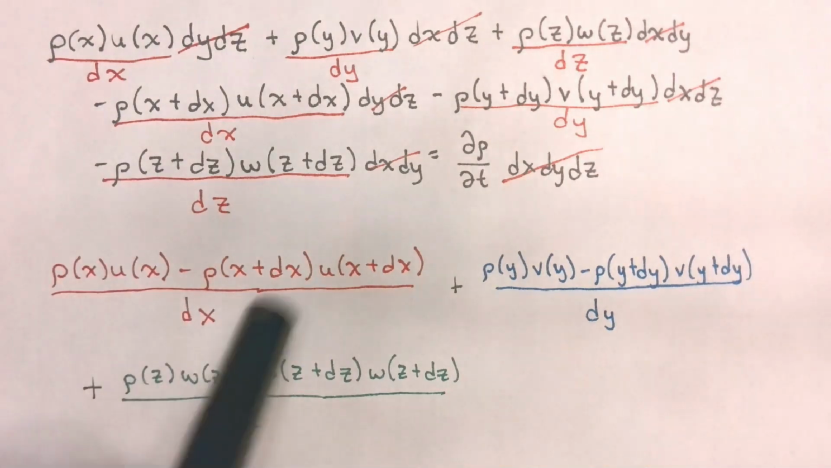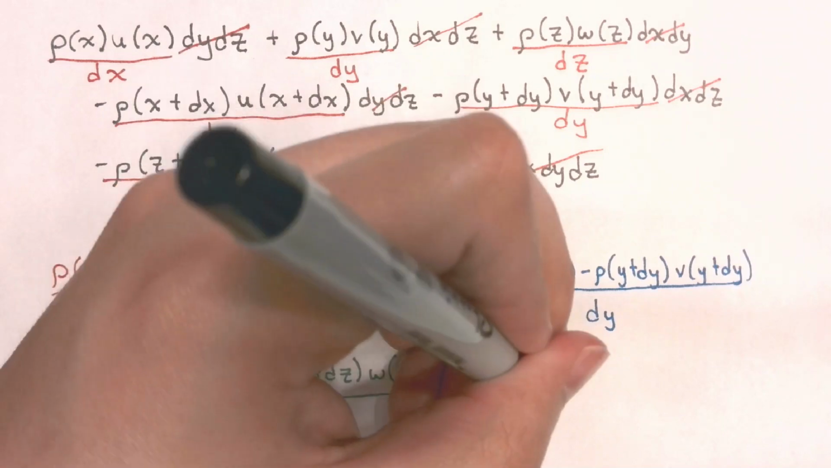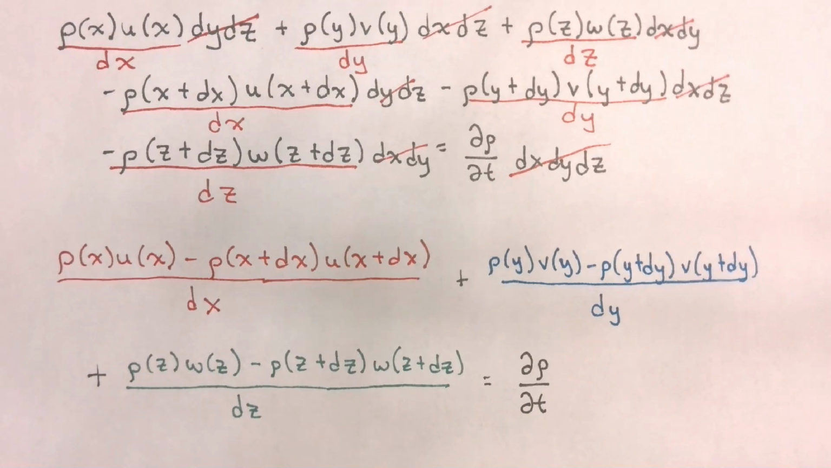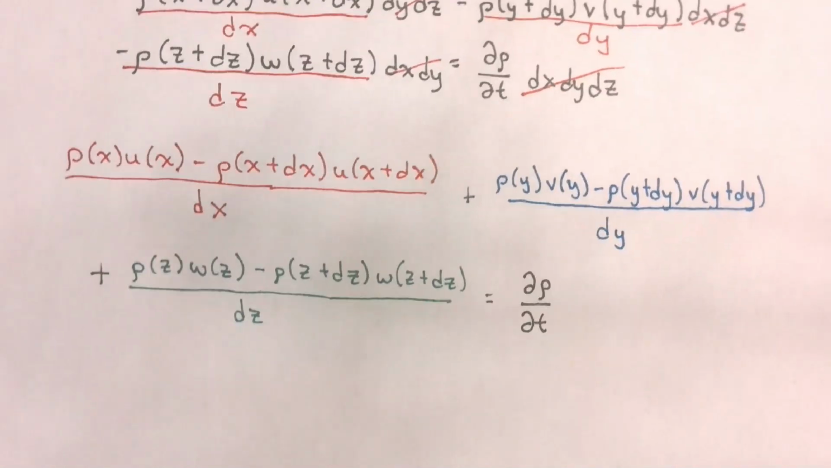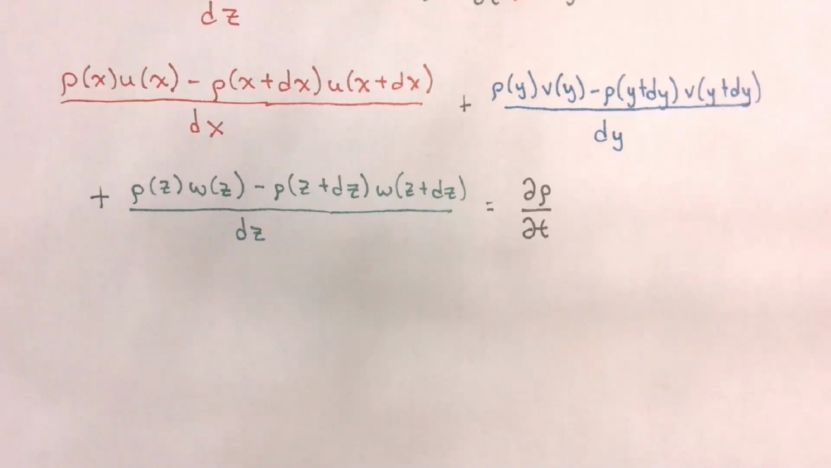Now the sum of these three new terms should be equal to the partial derivative of the density of the fluid element, in this case the control volume, with respect to time. Now, hopefully this equation will look somewhat familiar to you. From calculus,